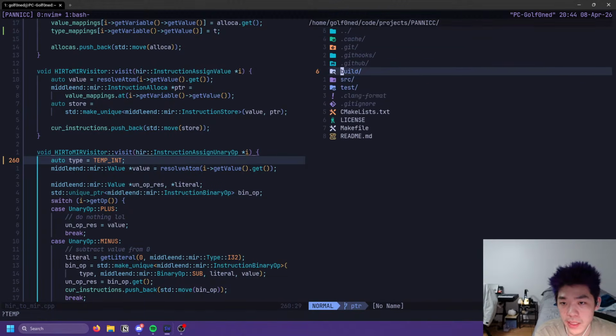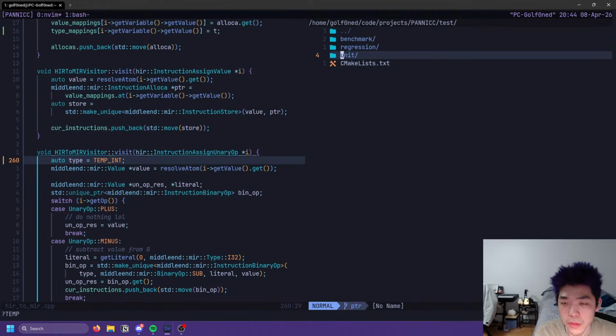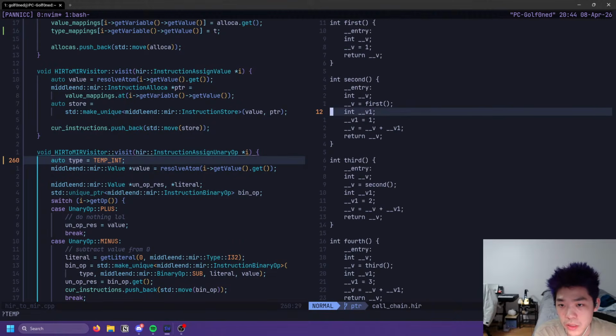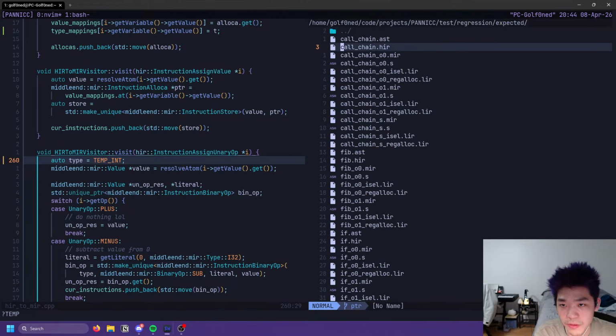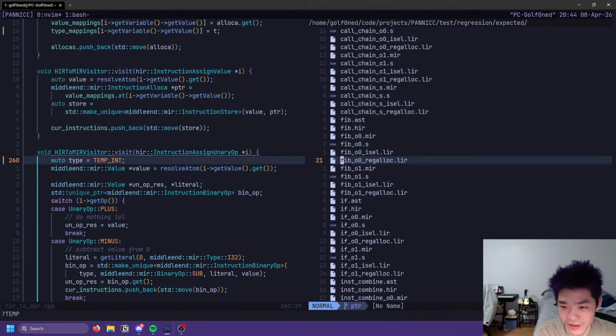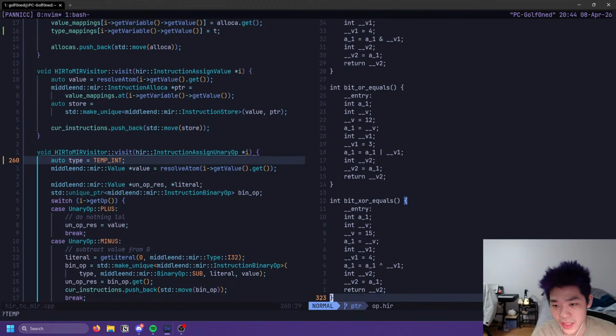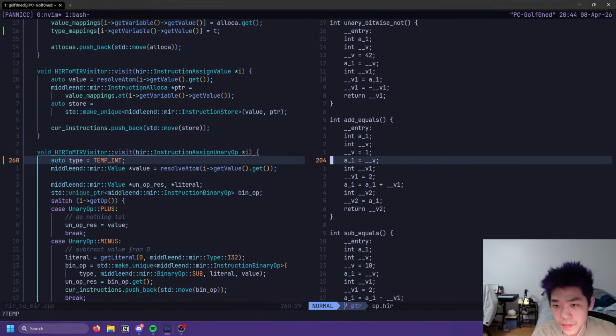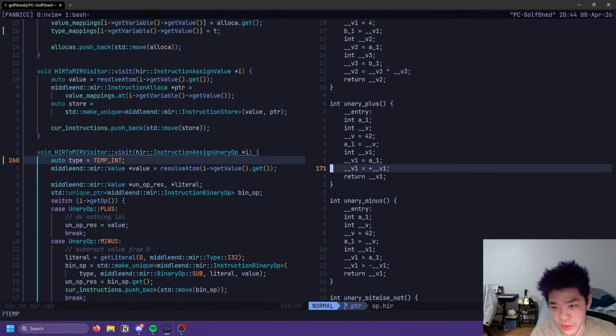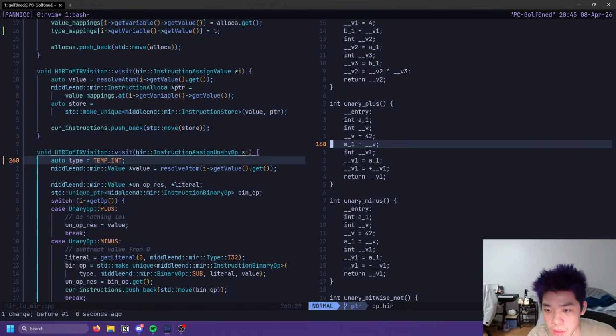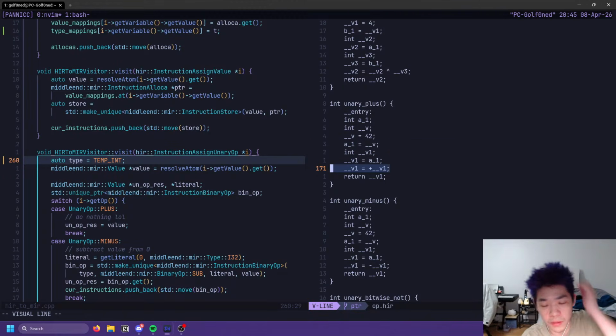Let's look at the test again. Regression, input, or expected. Oh, we don't generate any real uniriops, right? Or we don't have any tests with it, right? Is it in here? Oh yeah, we do. Yeah, okay. So it does have a destination. So that's fine.